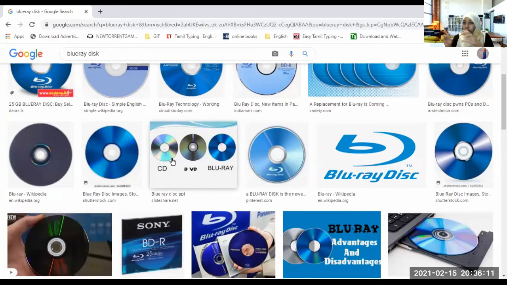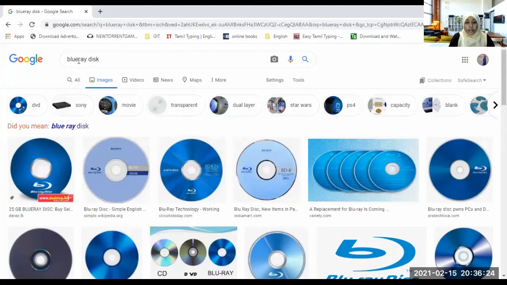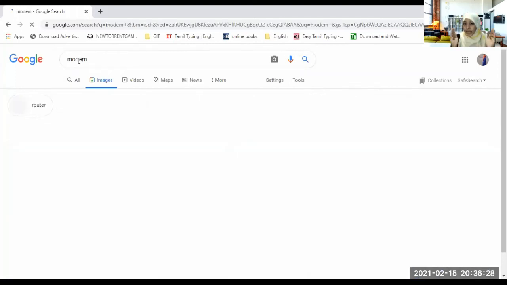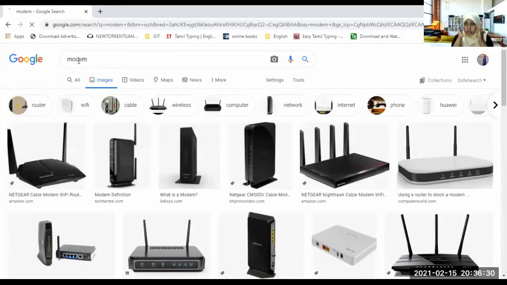So what is the difference here? The capacity, the size. We can store more. That is the difference, only the names are different. And the modem, I will show you the modem. Modem, there is a big story. Don't ask it now because it is a little bit confusing for you if I tell you. So get the modem as it provides the internet.